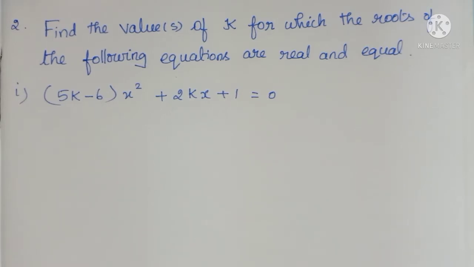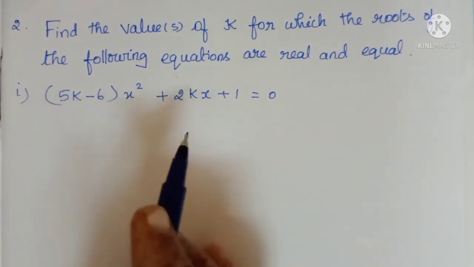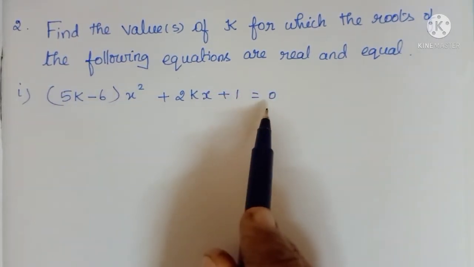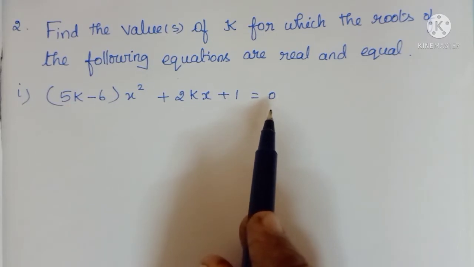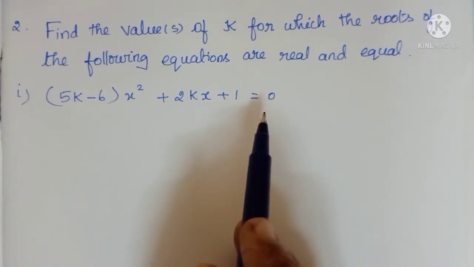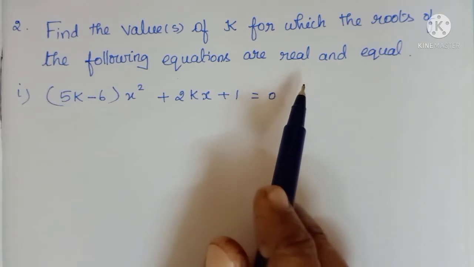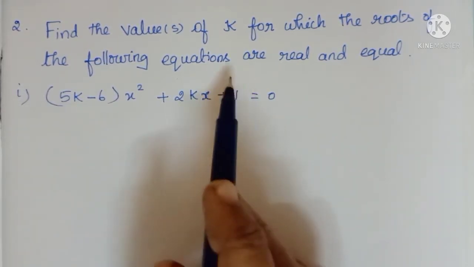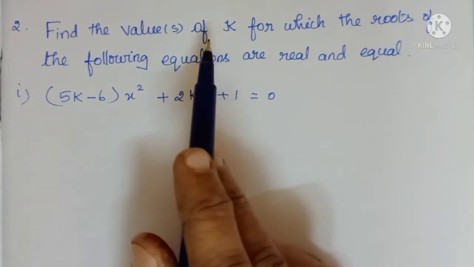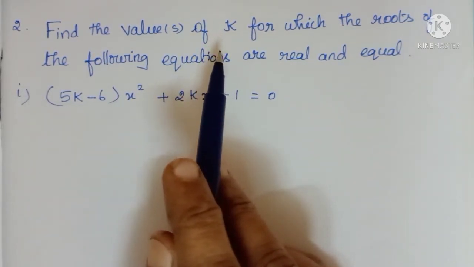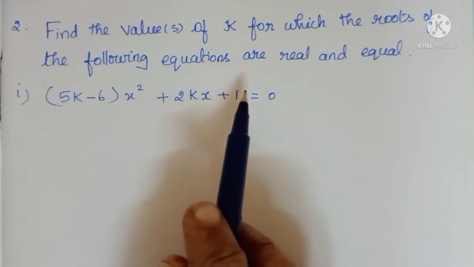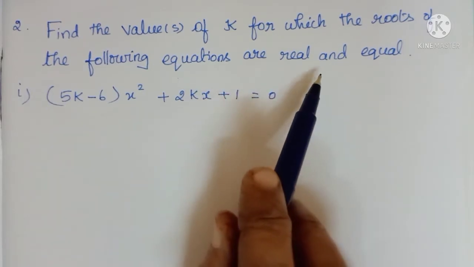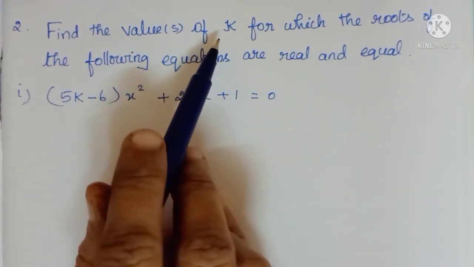But in this problem they gave the concept. That concept is here what? The roots of the equation are real and equal. That means what? Discriminant value equal to 0. That is indirectly given. So from this condition we can write the discriminant equal to 0. So using that condition we are going to calculate this unknown value. That is the reverse model of the previous one. So directly, when the values are given, we can use the discriminant formula and calculate the nature of the roots. Suppose the nature of the roots is given and they ask you to calculate the value of some unknown letter.